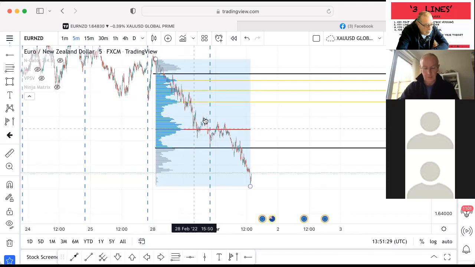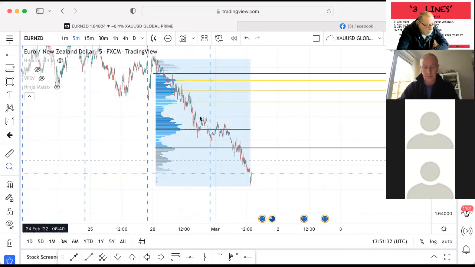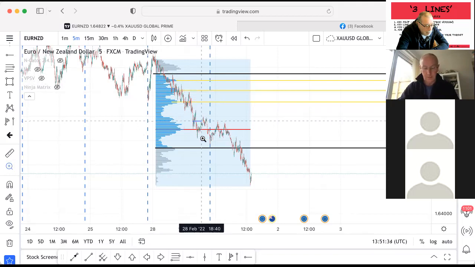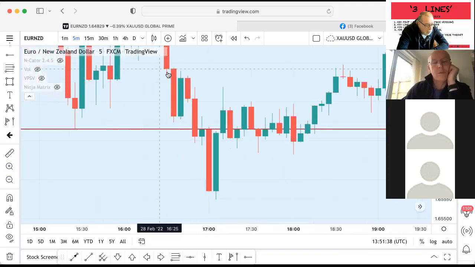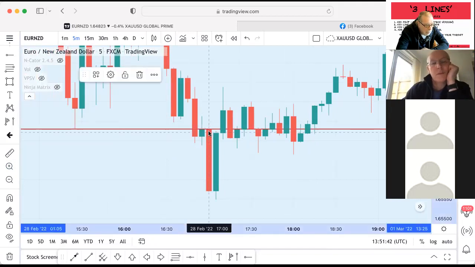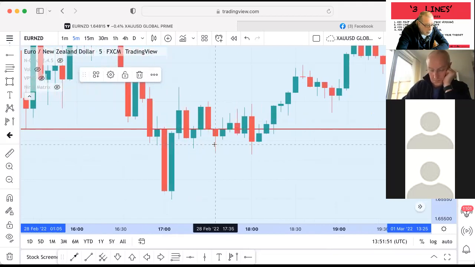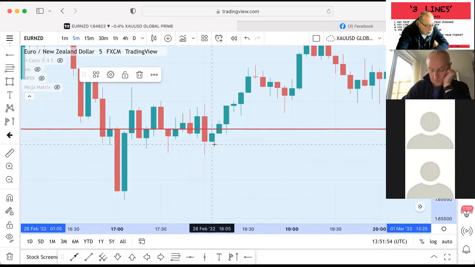She would then be looking at this area here, and she'll be saying, okay, I've taken the sell down to the line, and she would either get out of it at that point or she'd stay in until this candle changed from green to red. But either way, she wouldn't stick at that point. She would then say,